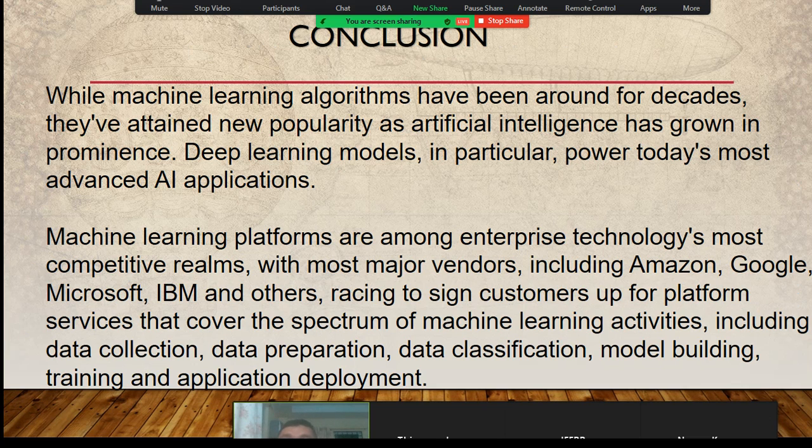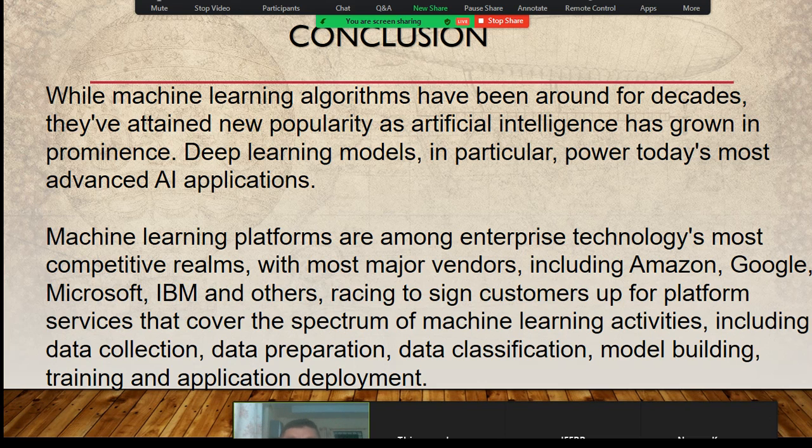Conclusion. While machine learning algorithms have been around for decades, they attained new popularity as artificial intelligence has grown in prominence. Deep learning models, in particular, power today's most advanced AI applications, or artificial intelligence applications. Machine learning platforms are among enterprise technology's most competitive realms,